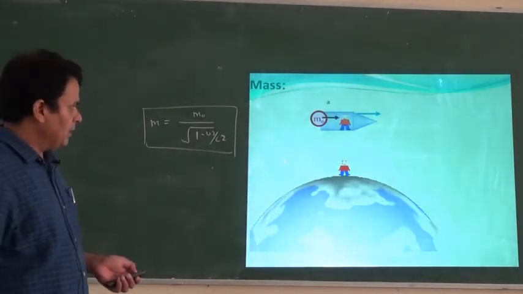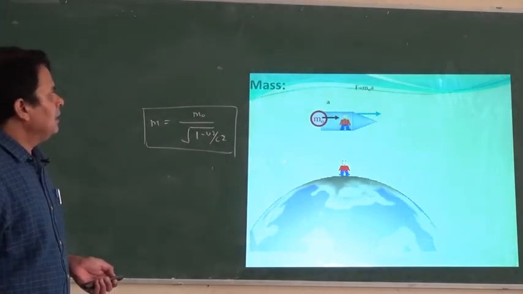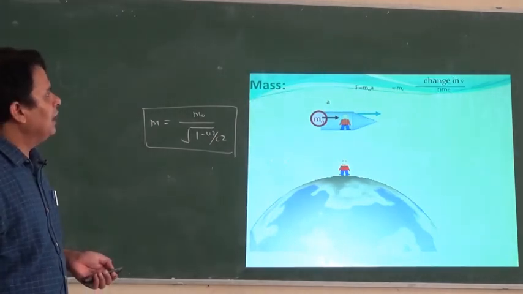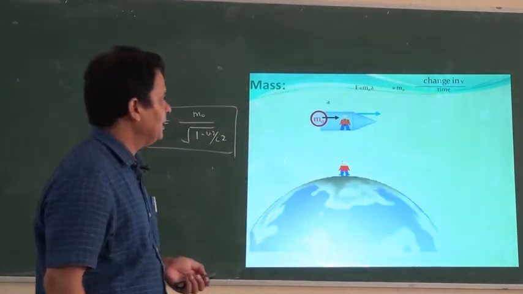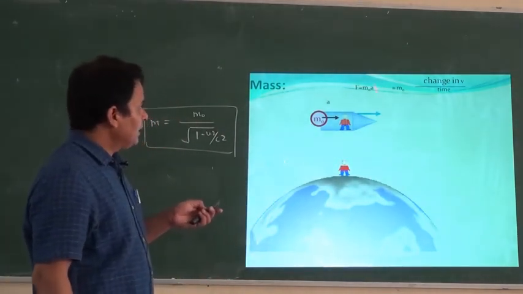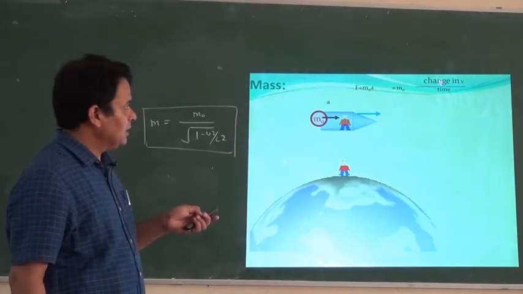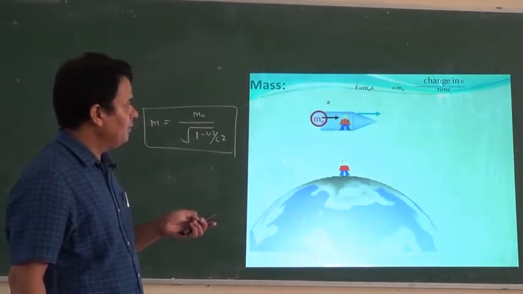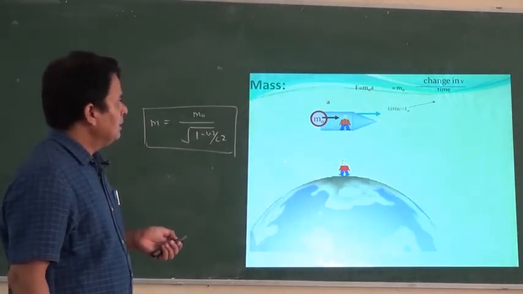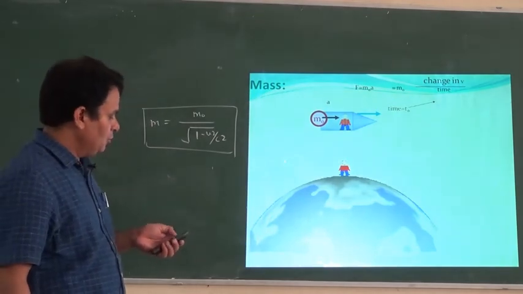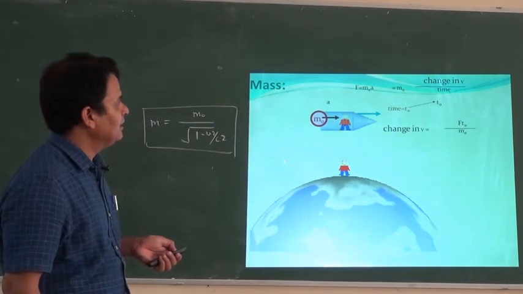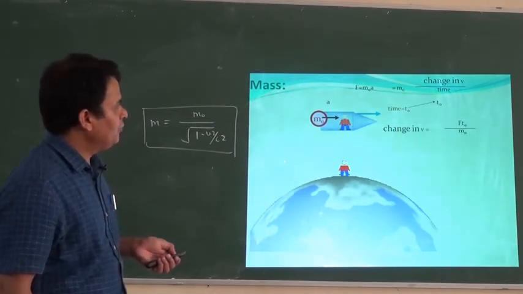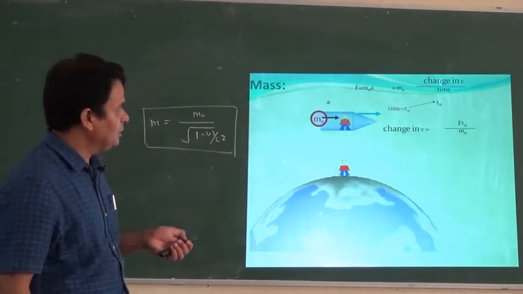Here is a very interesting event: F is equal to m0a, that is m0 into change in velocity upon time, because a is the acceleration, and acceleration is change in velocity upon time, and here time t0 in the moving frame of reference can be written as change in v is equal to Ft0